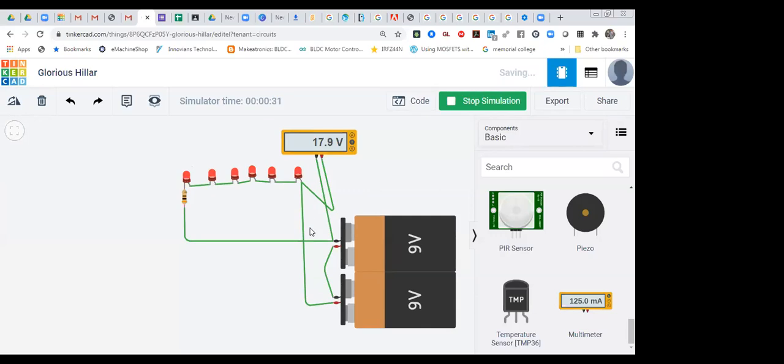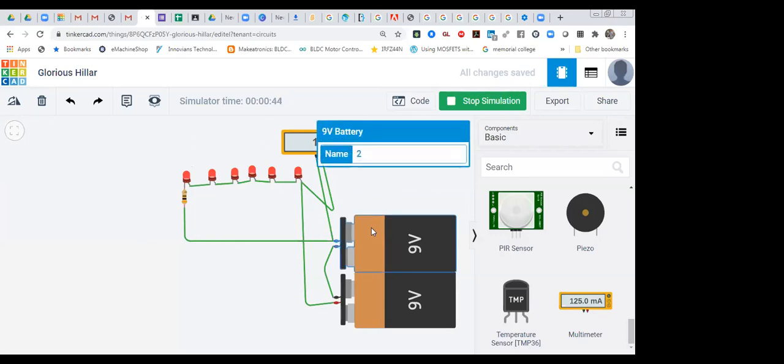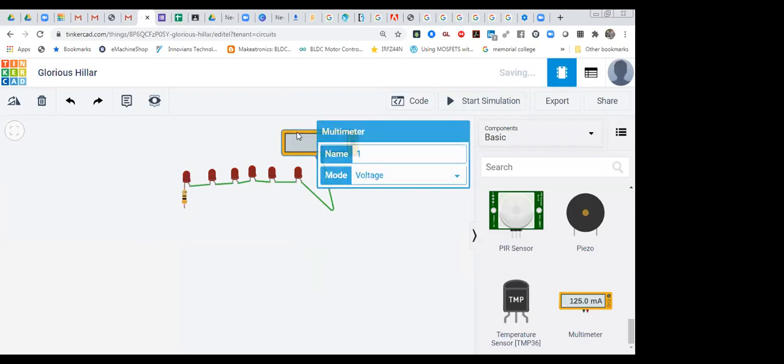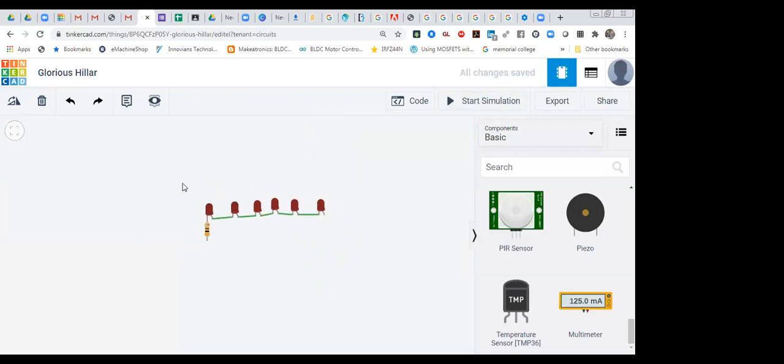So there is some voltage. Okay, that is very close to 18 volt. No need to worry about it. Yes. So you can see it. It's working fine. So you can check it with parallel also, and you can try it also. So you can make any kind of circuit, series and parallel, over here in a simple way that you can do.